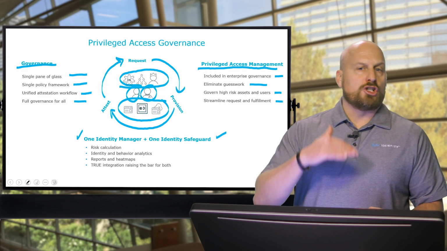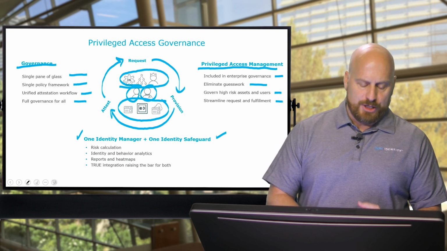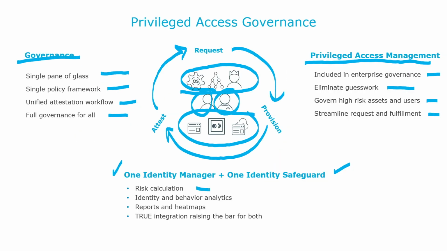Some of the benefits on top of that, specifically for privileged account management, are risk calculation. You can do heat maps that say this particular user, the risk associated with his permissions in this system, are higher than others. We need to look at that. You can add identity and behavior analytics to find instances of the potential for somebody to do something bad because their permissions are out of line with what they should be. And behavior analytics, which looks at actual incidents of people doing something wrong. It can detect that your keystrokes are different than they normally are. You're trying an activity that you shouldn't normally do, and you can quickly eliminate those.